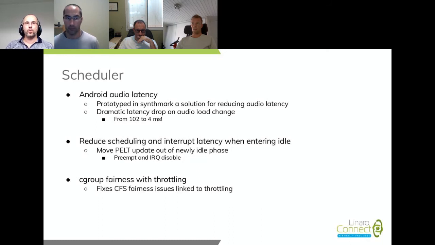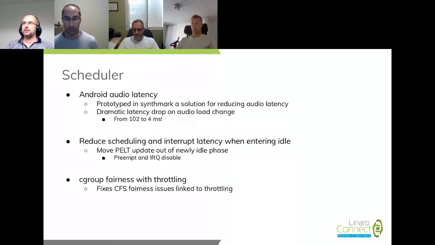During this section, preemption and IRQs were disabled, and this update might run quite long, depending on the number of cgroups and the number of updates to be done. So now we have a shortened schedule duration when moving to idle, and this enables interrupts to be handled earlier.